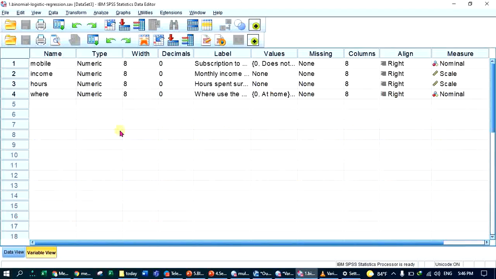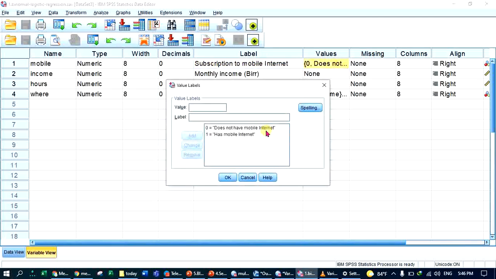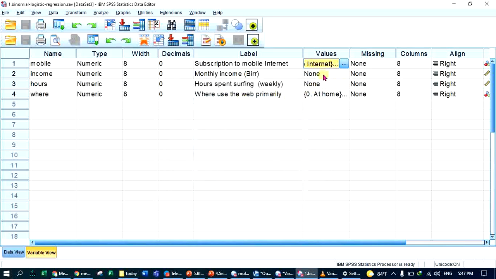ስለዚህ እዚህ ጋር ራን ከማድረጌ በፊት ዳታው እንግዲህ ምንድነው ሌብል ዲፔንደንት ቫሪያብላችን ምንድነው ሰብስክሪፕሽን ቱ ሞባይል ኢንተርኔት ነው ማየት የፈለጋችሁት። ስለዚህ ኮድ መደረግ አለበት ምን ባይነሪ ስለሆነ ማለት ነው። 0 ማለት ምንድነው ዱ ኖት ሃቭ ሞባይል ኢንተርኔት ነው። 1 ደግሞ ምንድነው ሃዝ ሞባይል ኢንተርኔት ነው። ስለዚህ ዲፔንደንት ቫሪያብላችንም ኮድ መደረግ አለበት ቢኮዝ ዳይኮቶመስ ስለሆነ ማለት ነው።